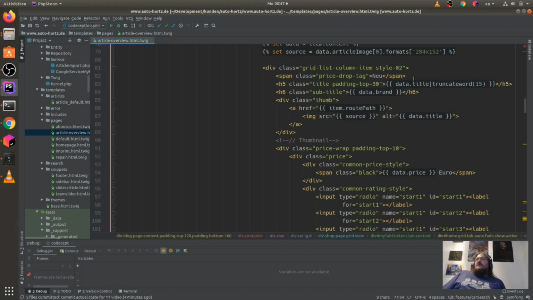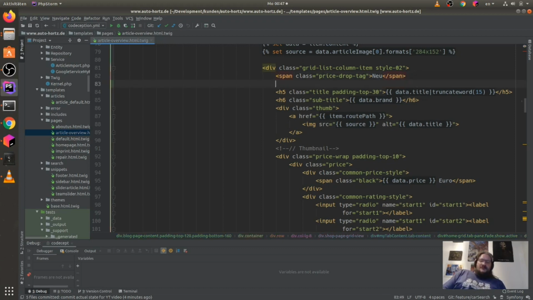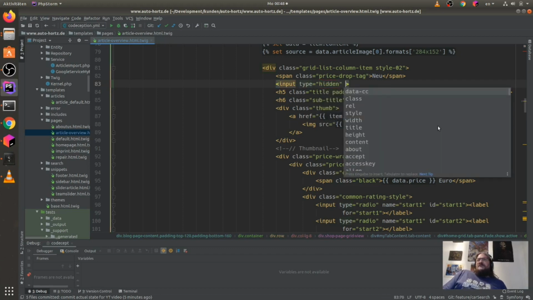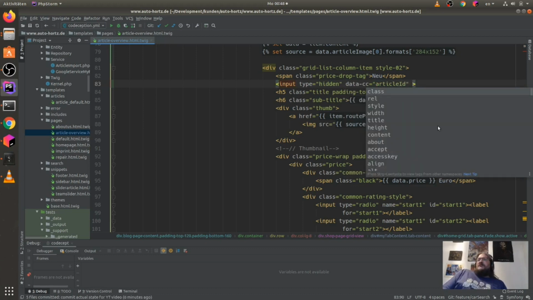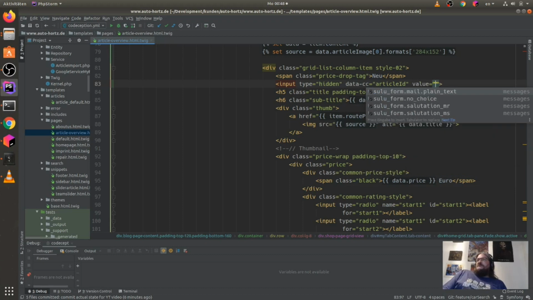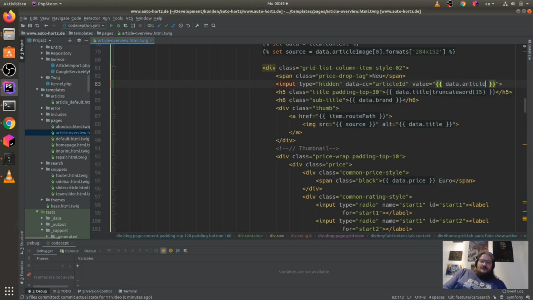new, and we can say, okay, just add here a hidden field. We have here input and its type is hidden. I will say it's got this data article ID, and the value is now our data dot article ID.